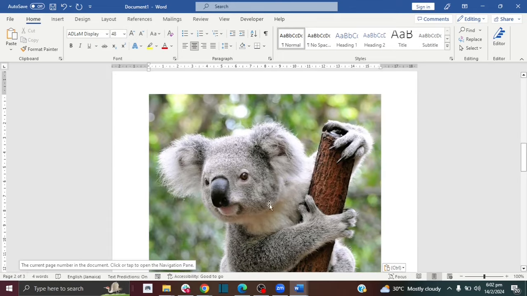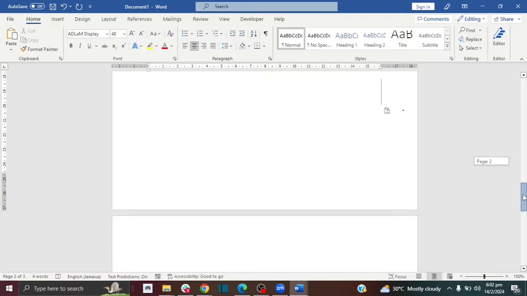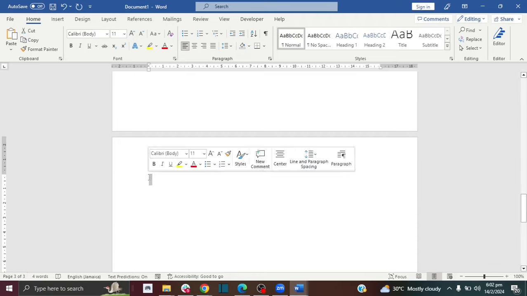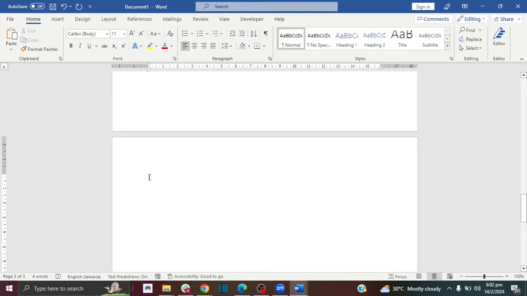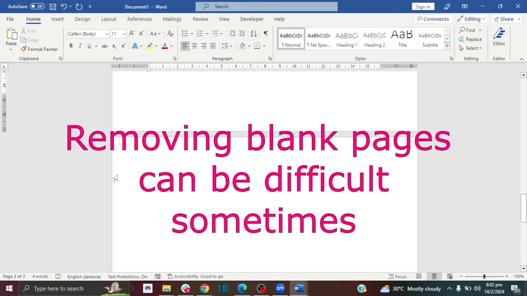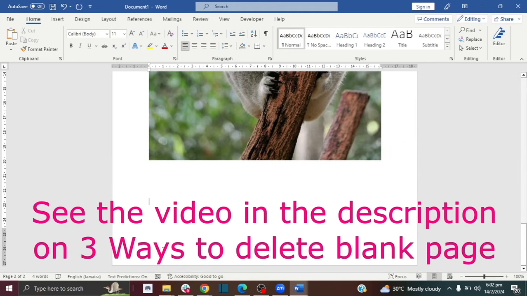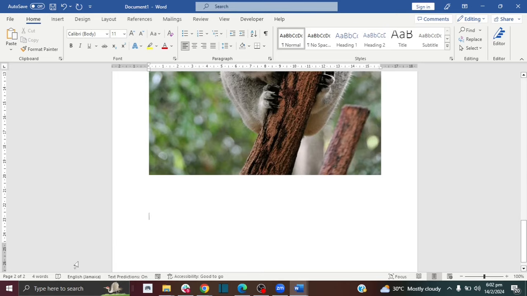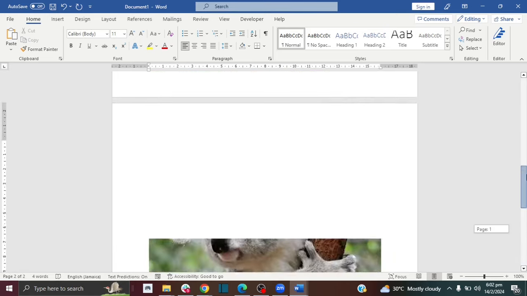Now it's on the second page. I have 3 pages, so I have a blank page here. If I want to remove this blank page, all you have to do is click on the beginning of the blank page here, then on your keyboard press the backspace button multiple times. Let's do that again. And there you go. That one took a little bit, but you just have to keep repeating doing that to remove your blank space. So now, instead of having 3 pages, I have 2 pages,